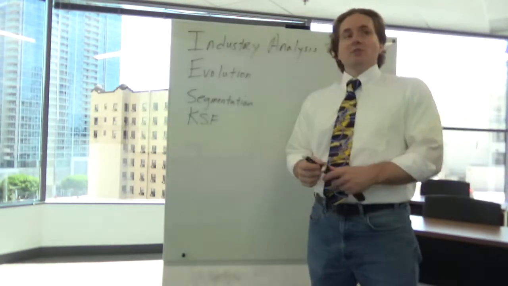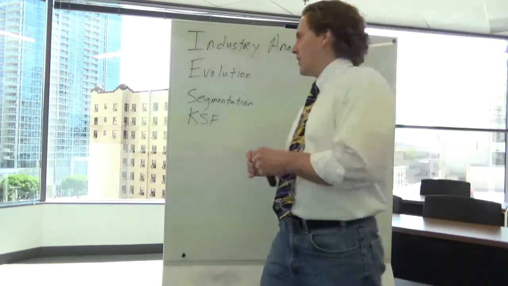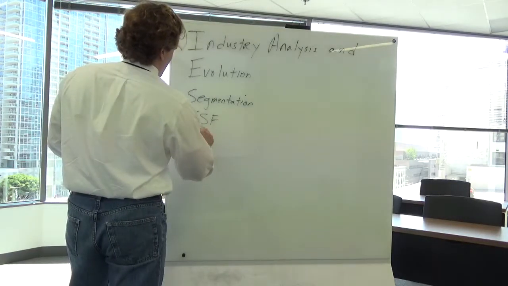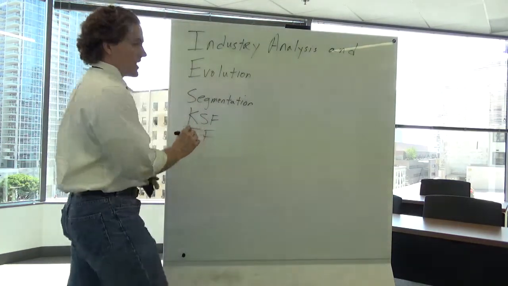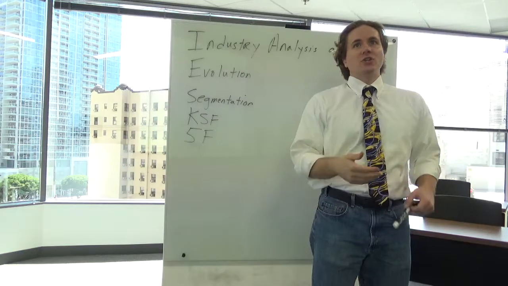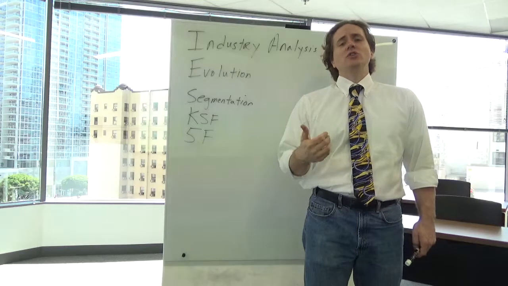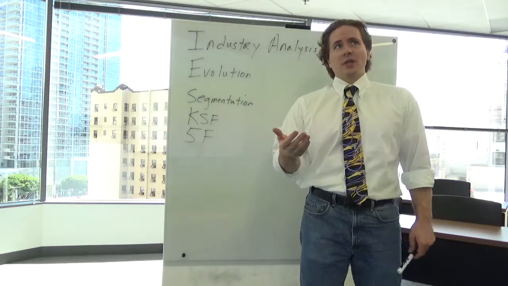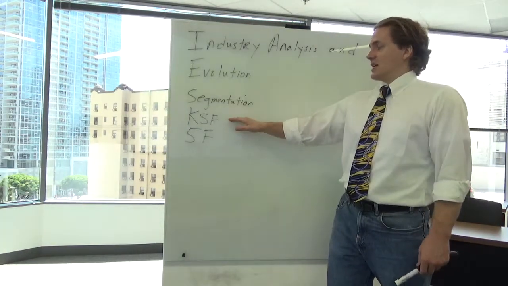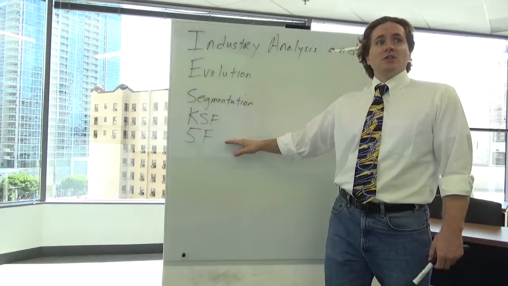Once you understand the key success factors, once you understand the rules of the game, then you ask yourself, well, should I actually go into that industry or not? And that's when we start getting the 5 forces analysis. That's when you start looking at things like the competition, the profit potential, the attractiveness of a given industry, and what you need to do to improve profitability or change the rules of the game. So first of all, you've got to decide where to compete. Then you start looking at how to compete, and then you start asking yourself, is this even a good industry to enter?